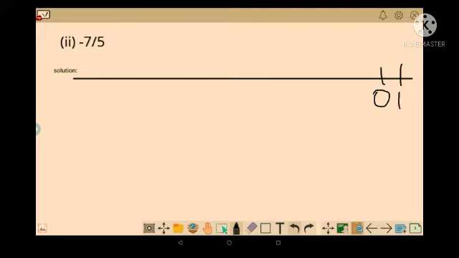So now 1 by 5, 2 by 5, 3 by 5 till 7, minus 7 by 5, minus 1 by 5, minus 2 by 5, like that. So from 0 to minus 1 or minus 2, however many we get, we will count that way. Okay, and minus 5 by 5 also gives us minus 1, meaning till minus 5 by 5 we will get minus 1, and after that we will get this minus 7 by 5 number between minus 1 and minus 2. Okay, so let's count.